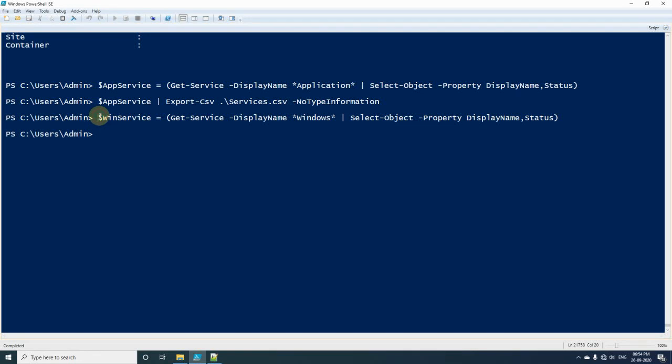Now I will use this variable and use the export commandlet.